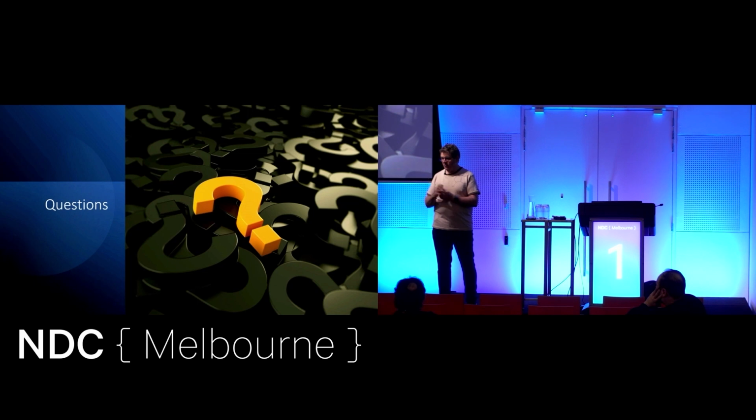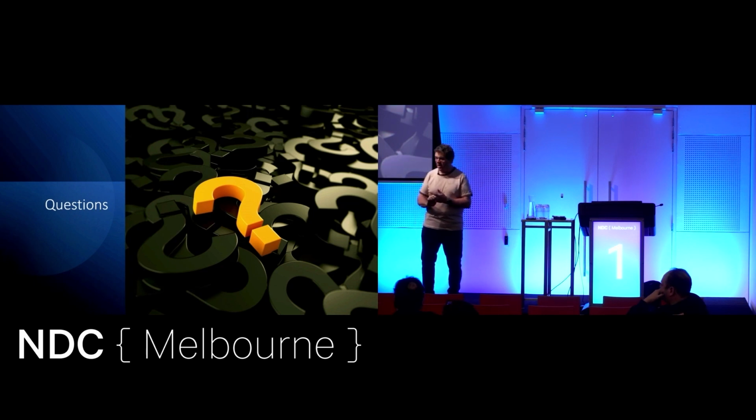Is that your question? Yeah, and is there any licensing cost associated with that ALM accelerator? No, that's completely free. It's open source. It's available on GitHub. There's a link to it in the resource file I showed you before. It's part of a much larger thing called the Center of Excellence Starter Kit for Power Platform, which has a heap of great resources in it around governance, around themes and components, and a number of other things as part of that process, being able to manage environments and all sorts of things.